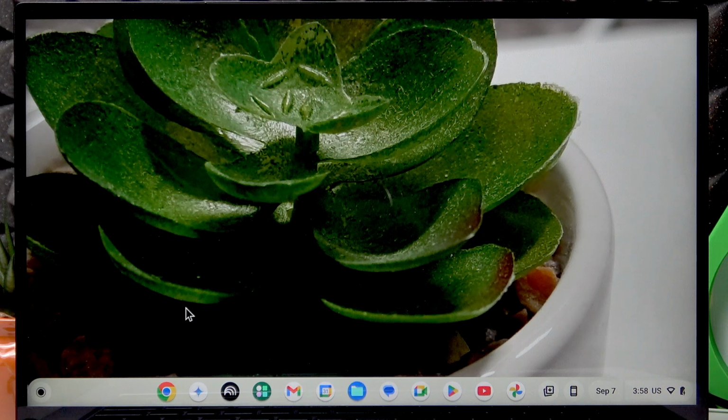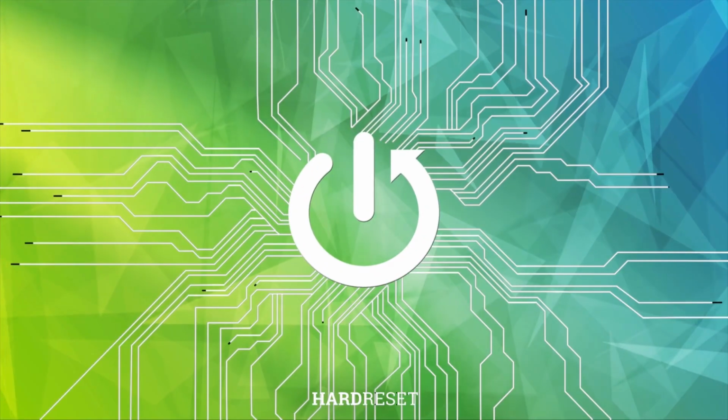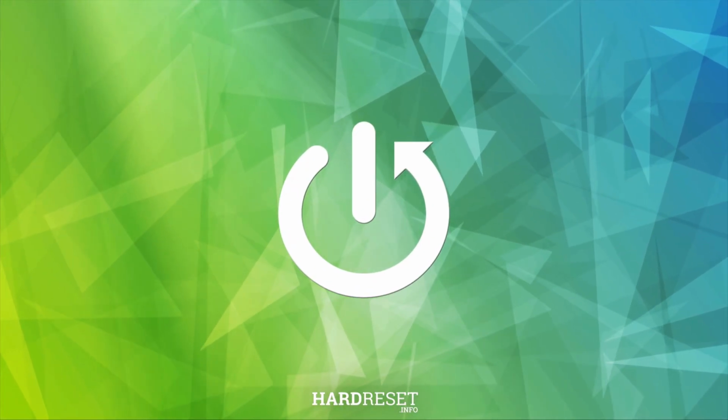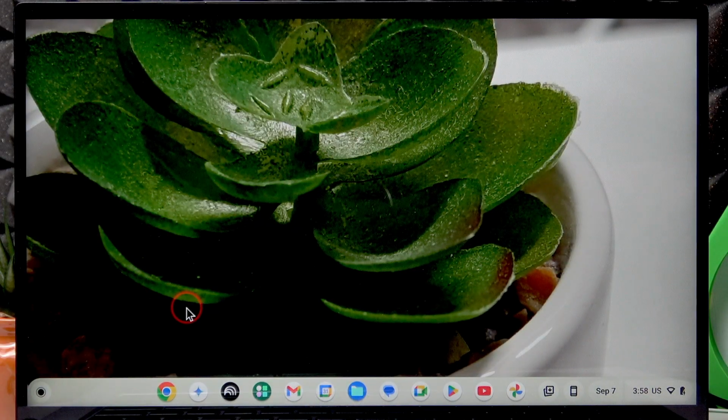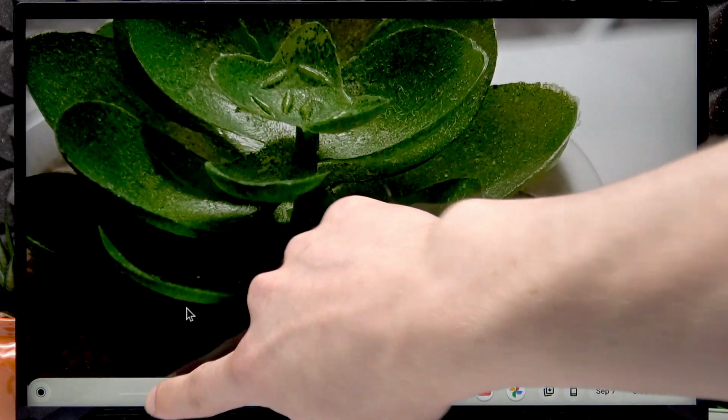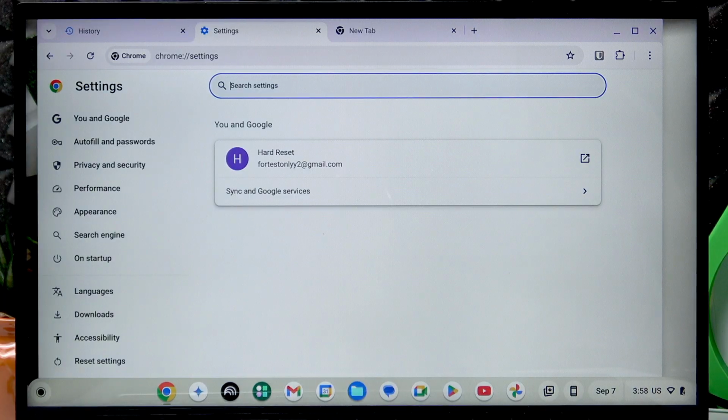Welcome, in front of me is ASUS Chromebook C434, and in this video I will show you how to toggle touchscreen on this laptop. So by default you cannot enable or re-enable the touchscreen on your device, but what you have to do in order